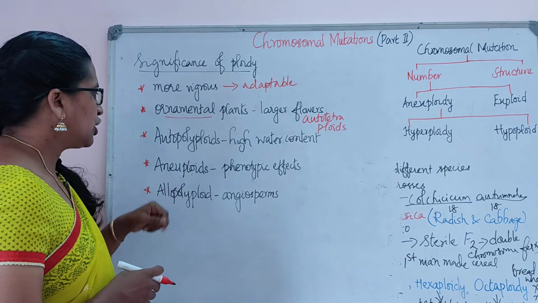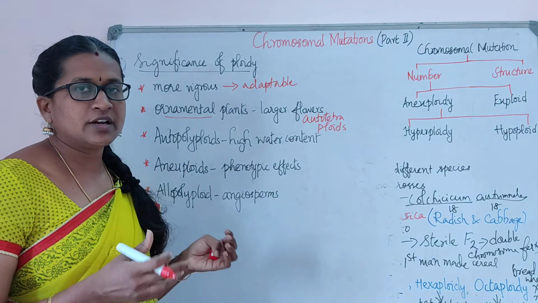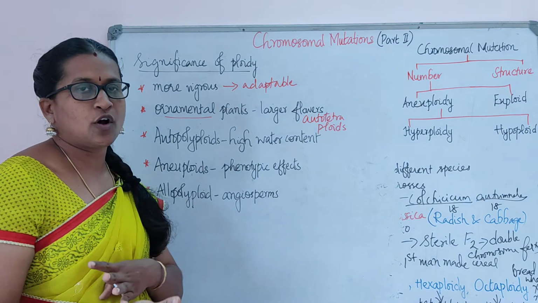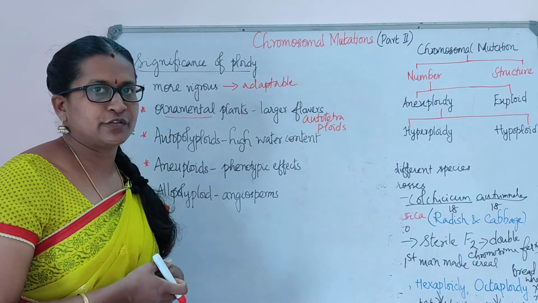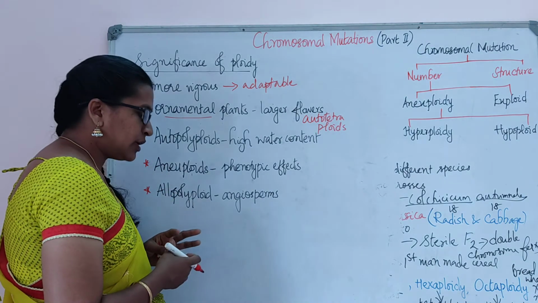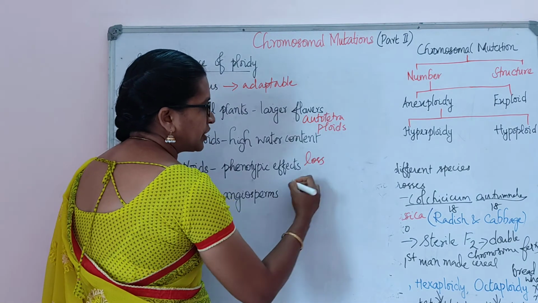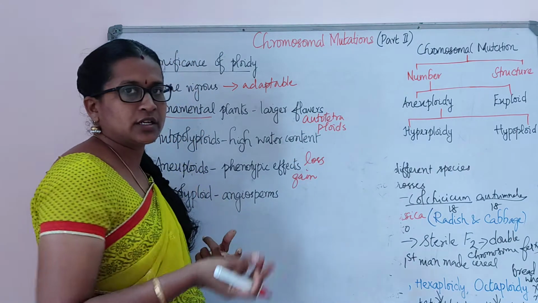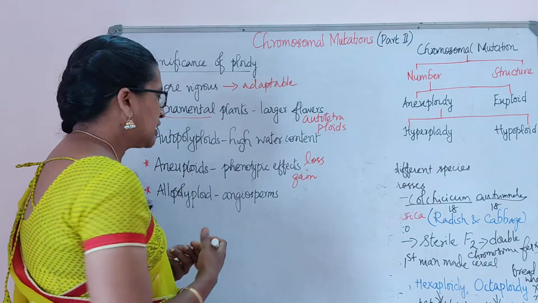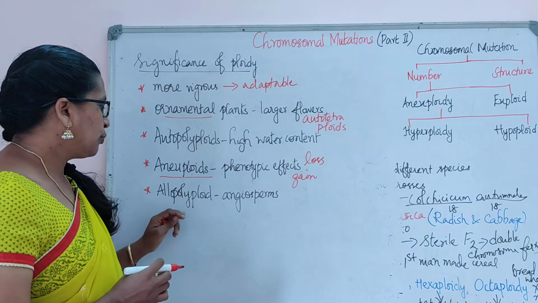And next is aneuploids. When it comes to aneuploids, the phenotypic effects are read very clearly here. We can see from the parents towards their offspring how the ploidy gets very different. By these ploidies we find the phenotypic effects, so that we can find whether there is a loss of a particular character or a gain of some new characters. We can read this by these ploidies. Example is aneuploidy.